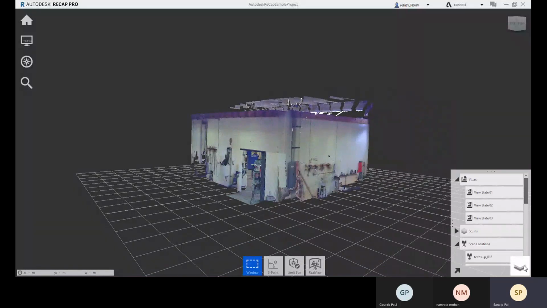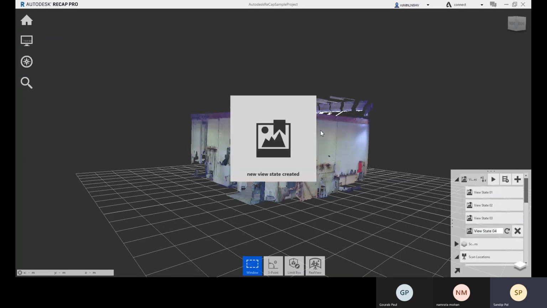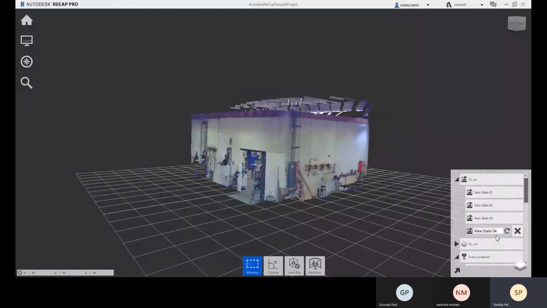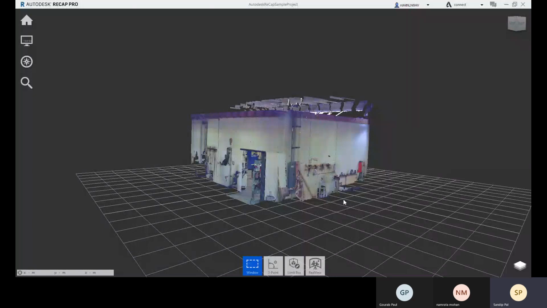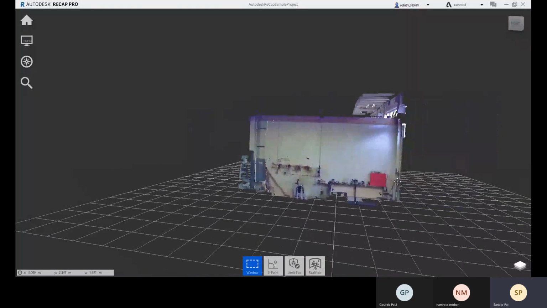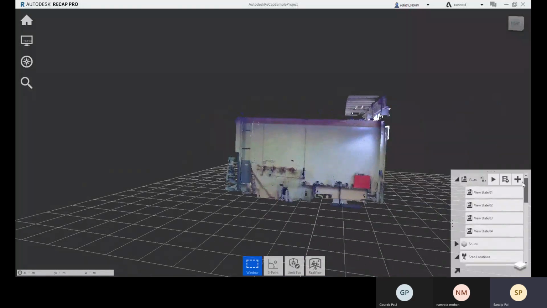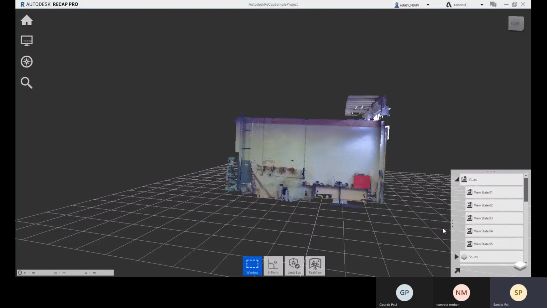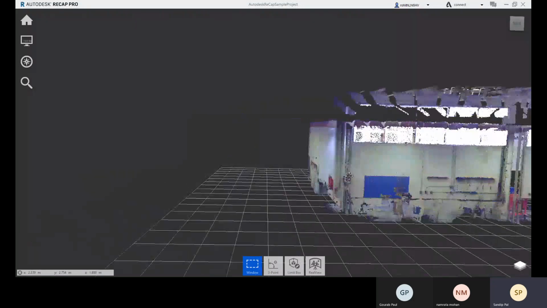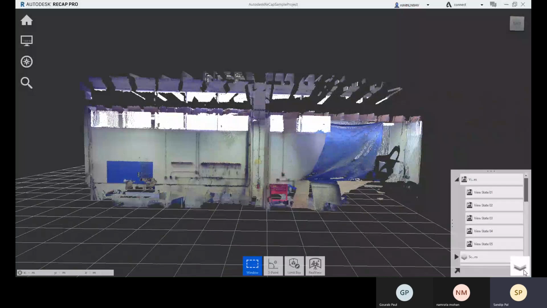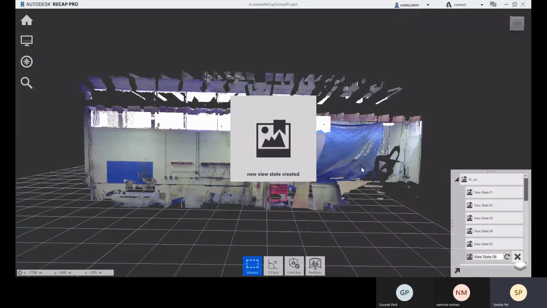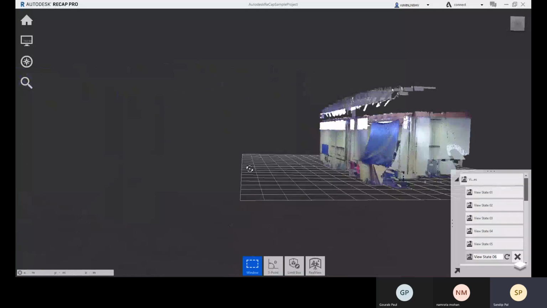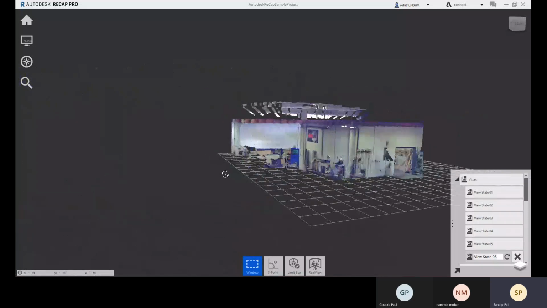So again you come to this navigator, project navigator, and there pick. So this is your view state 4. You press enter, change the view, and again you click on this. This is view state 5, press enter, and then this is the next view. You come here and you press the plus button, and again you can come here.